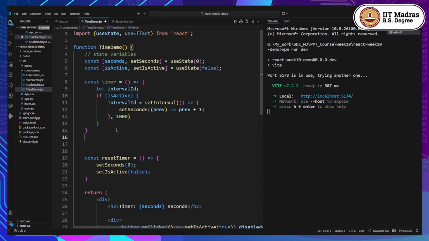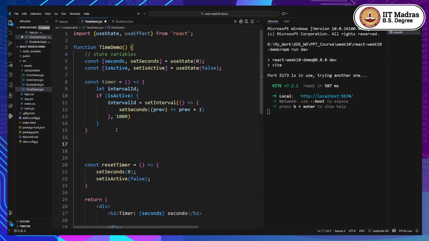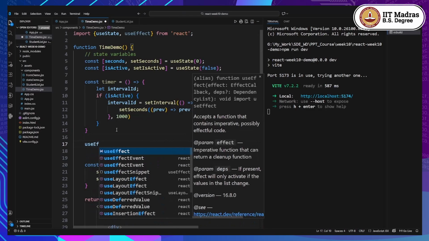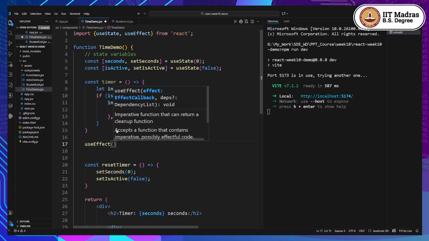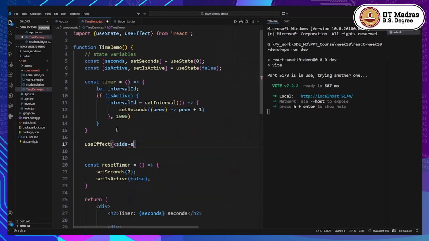Now, how do we connect it with the useEffect hook? First, we'll use the useEffect syntax. So what is the useEffect syntax? The first thing that you write is the side effect, and the second thing that you write is the dependency